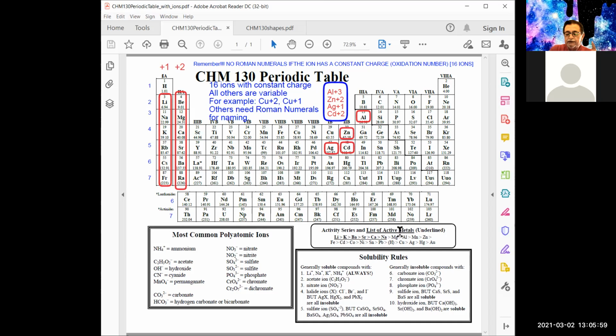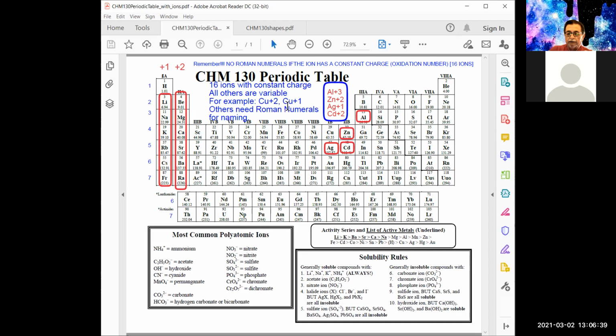I didn't say every element there. I said every ion, because remember, the elements become the ions by losing or gaining electrons. In this case, everybody is losing electrons because they're metals. So that gives us 12 ions that you know, or should know, or will know 100% of the time what their oxidation number is. There's 12: 6 of them from group 1, 6 of them from group 2. Now, the other four